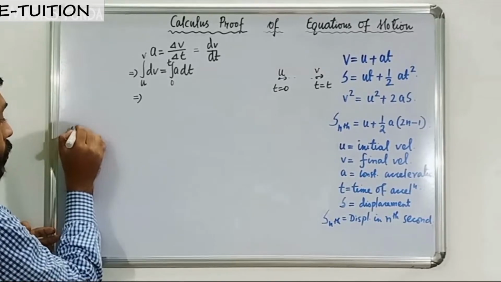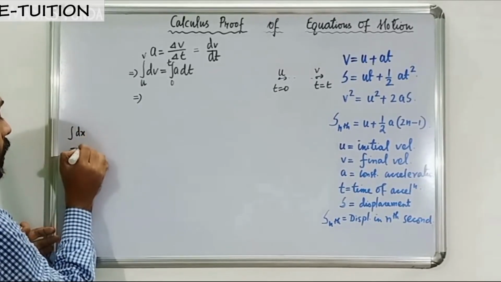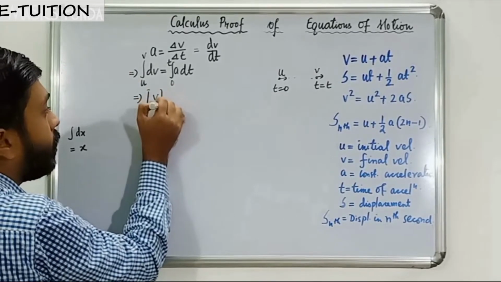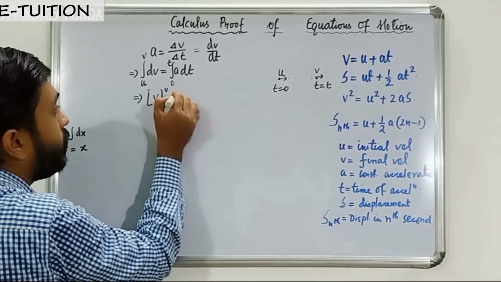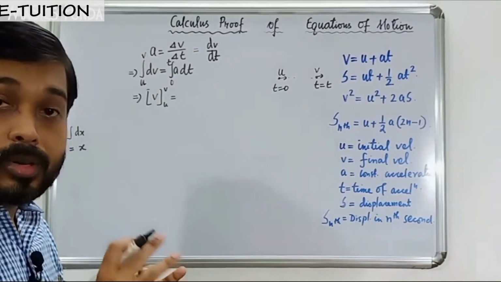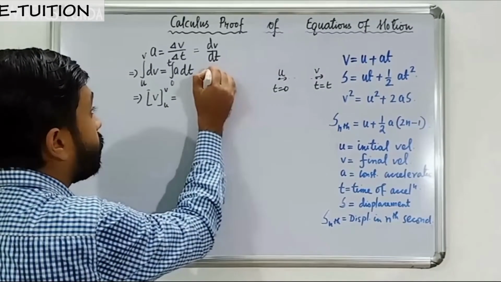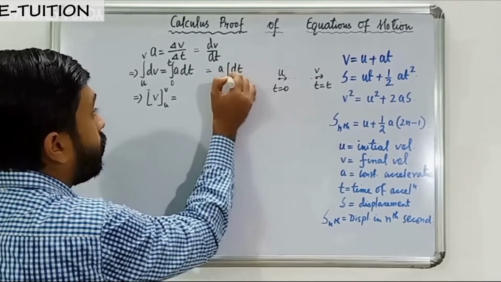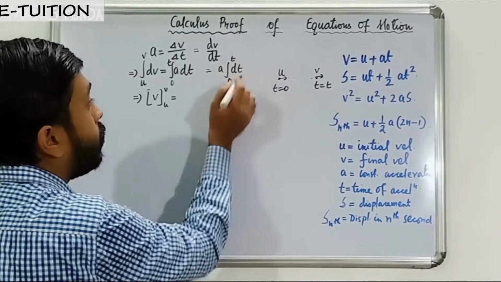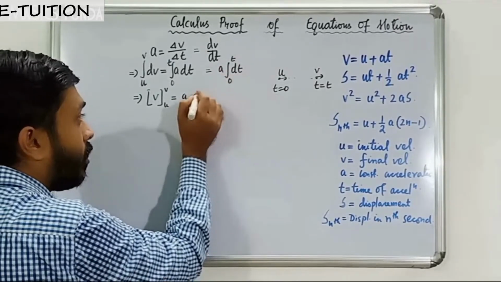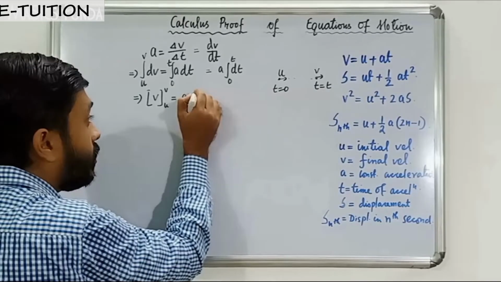Integration of dx is x, so integration of dv is v, the limits being from u to v. This a is a constant, so it should come out of the integration. So a is remaining, and integration of dt is t